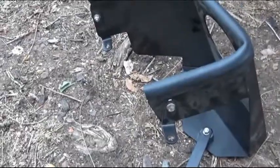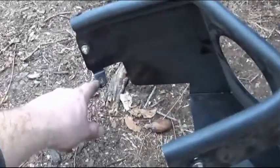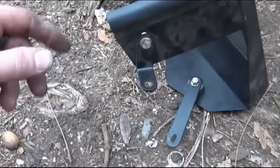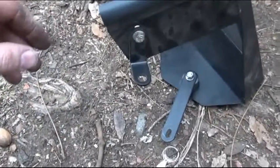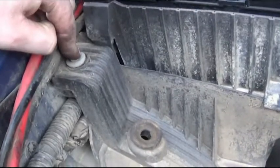Now for the mounting hardware around the heat shield, put your rubber on top. Put your 290s here, a straight one here. Make sure to leave them a little loose because you're going to want to adjust them to the existing bolt holes. Now to put the shield on, we're going to remove this bolt,